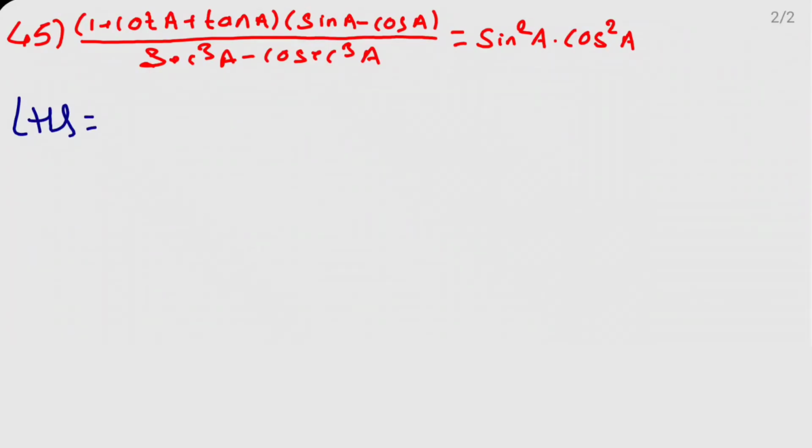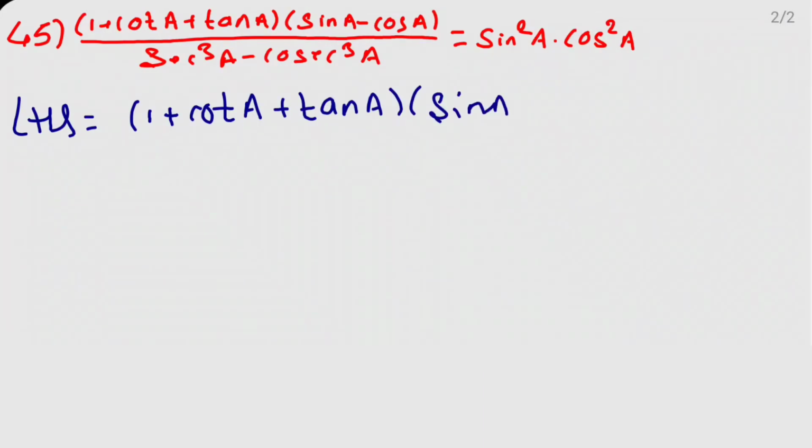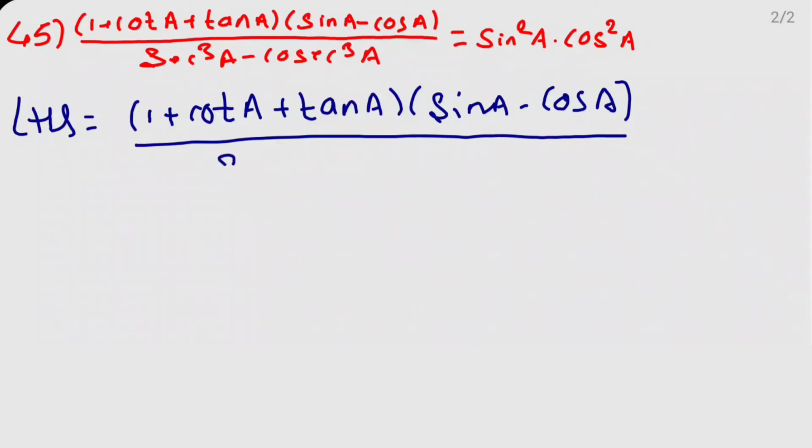LHS equals 1 plus cot A plus tan A into sin A minus cos A, and this divided by sec cube A minus cosec cube A,